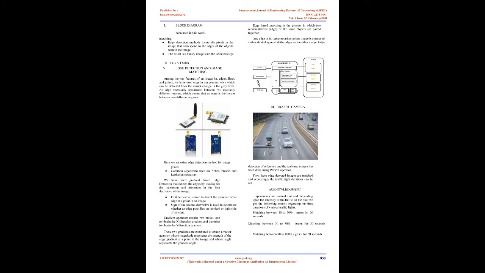Now gamma correction is done on each of the captured gray images to achieve image enhancement. Edge detection of these real-time images of the road is now done with the help of the Prewitt edge detection operator. The third method, i.e., power law transformation. Phase 3: after the edge detection procedure, both reference and real-time images are matched and traffic lights can be controlled